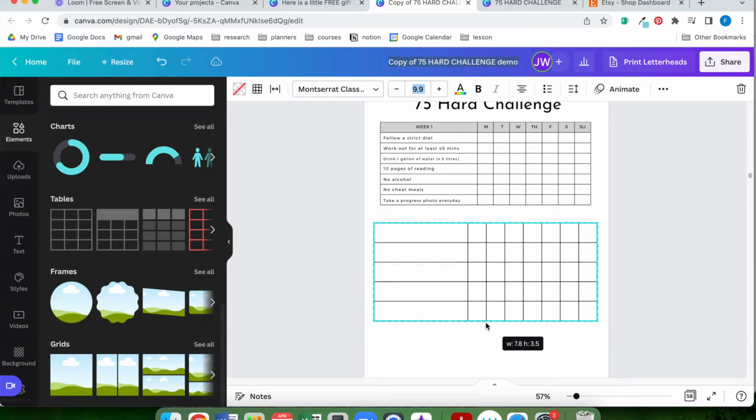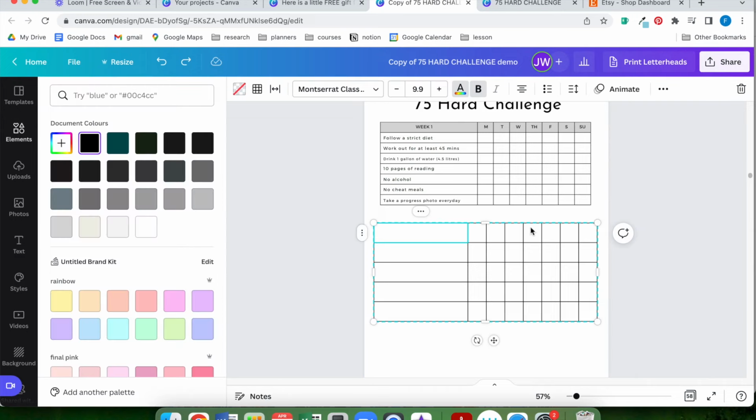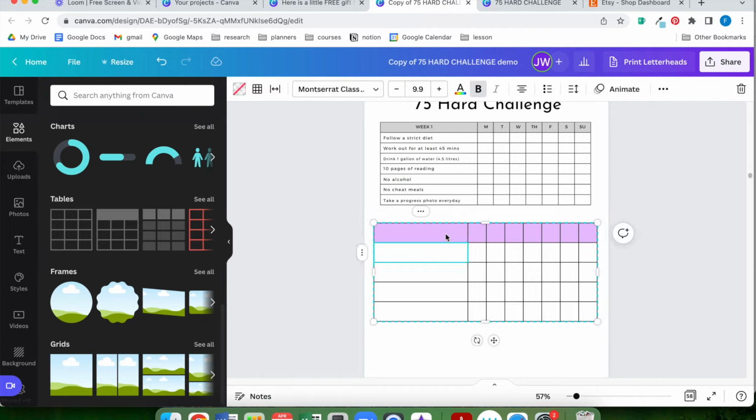To add in color for your header bar of the table, click on one end of the row, hold the Shift key, and click on the other end of it to select the whole row. Now you can fill in any color that you want. Now, if you don't want any line to be seen at the header bar, you can click on that particular box,